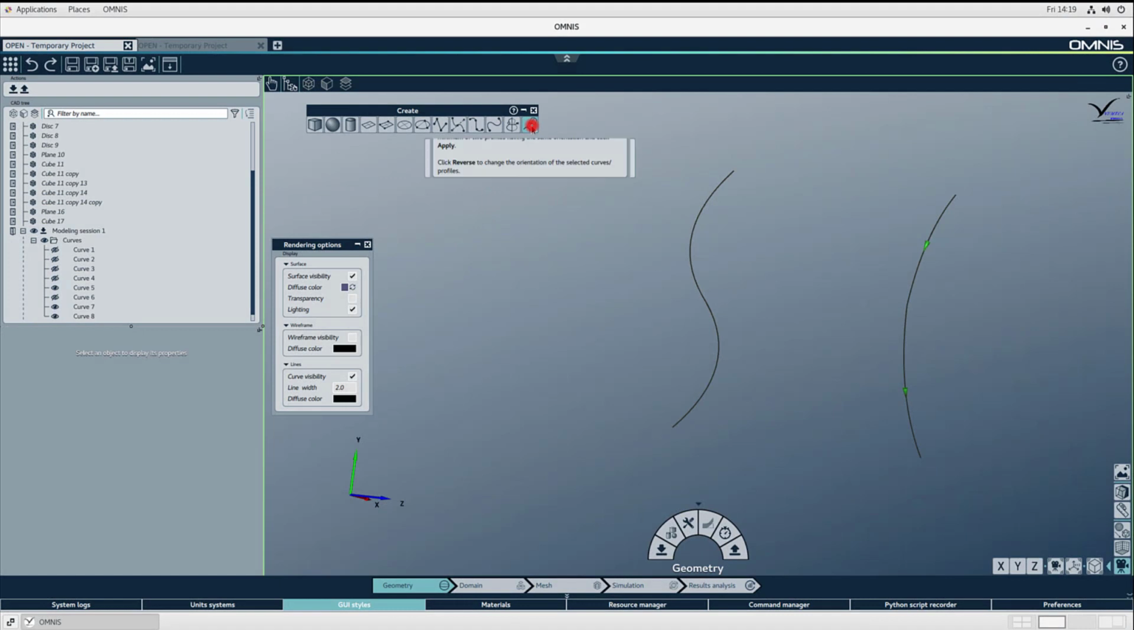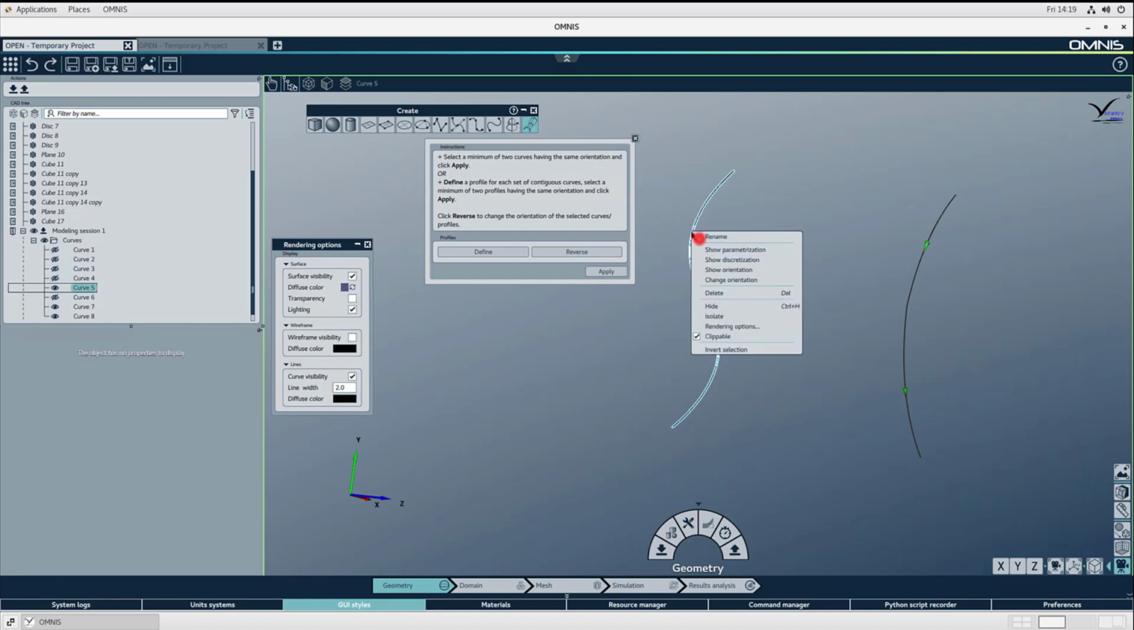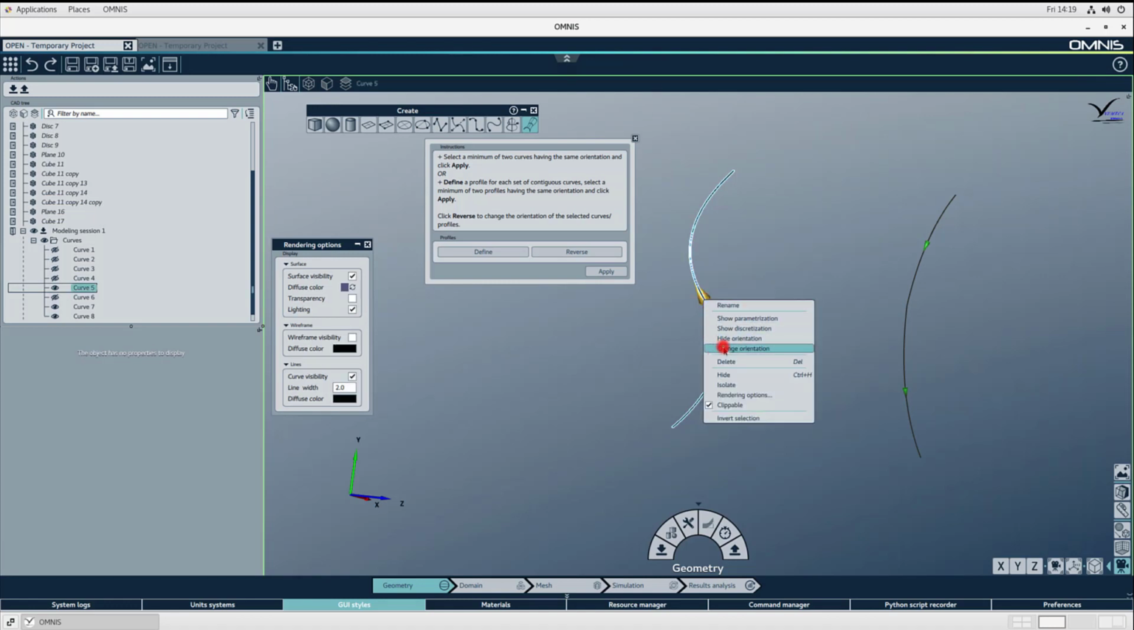Finally, you can create a lofted surface by connecting sets of curves. A minimum of 2 curves or sets of contiguous curves with the same orientation is needed to create a lofted surface. To visualize the orientation of a curve, right-click on the curve and select Show Orientation. A green arrow showing the direction of the curve will be displayed. To change the orientation of a curve, right-click on the curve and select Change Orientation, or click Reverse in the